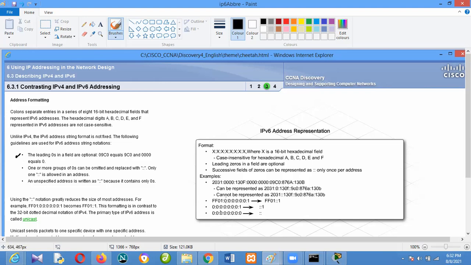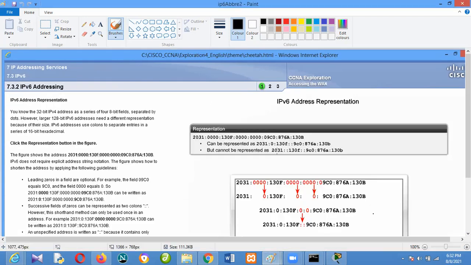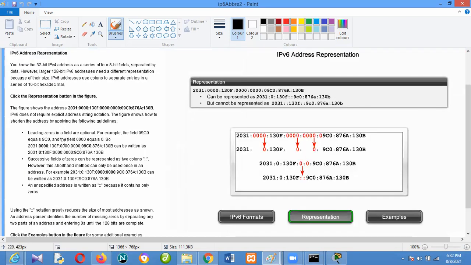Now, look at this one. Leading zeros are optional, like the first three zeros, so we choose the last one. That's what we have here. This one, there's no leading zero. This one, the same thing. Oh, this one is too much. Let me get something better. I'll still come back to that level. Okay, I think you can use this.